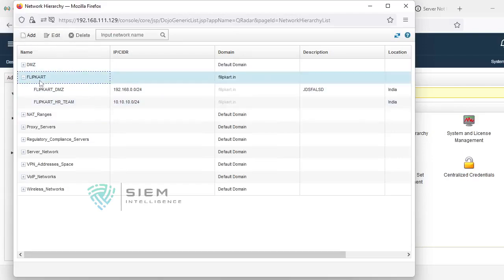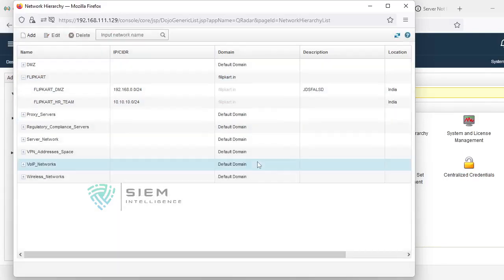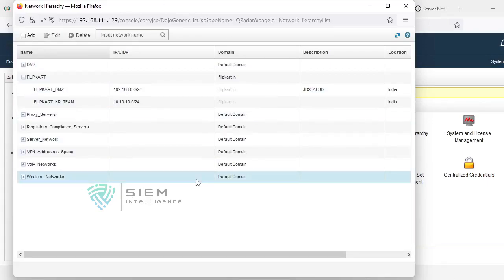See, it is quite difficult to create and add multiple ranges. Deleting is not a big deal, you just select and delete. But creating network ranges one by one is quite difficult. You can import and export a CSV file for this, but not through this way. There is another method. I'll explain those things once we reach that particular domain.